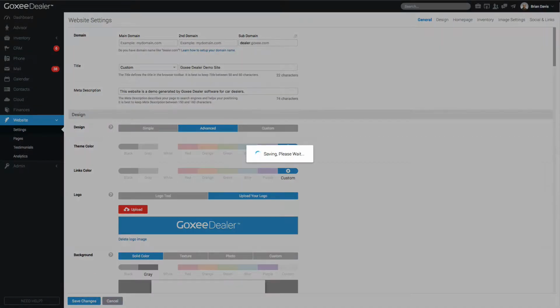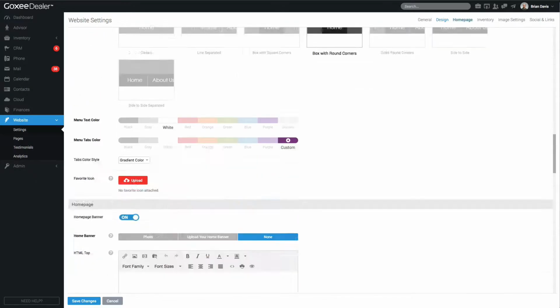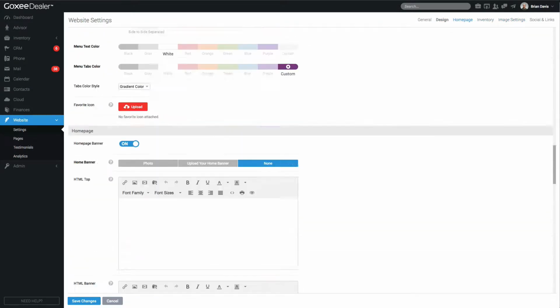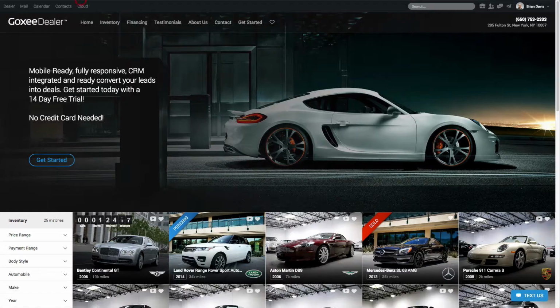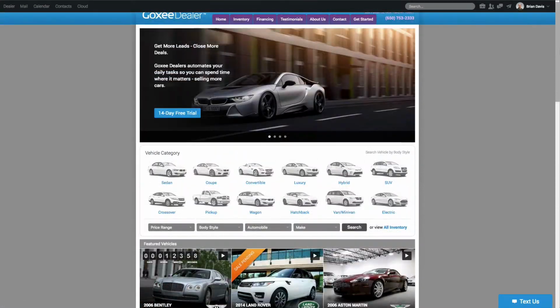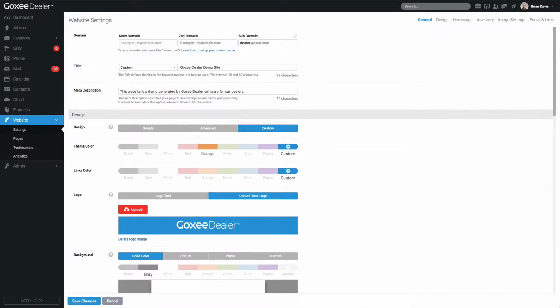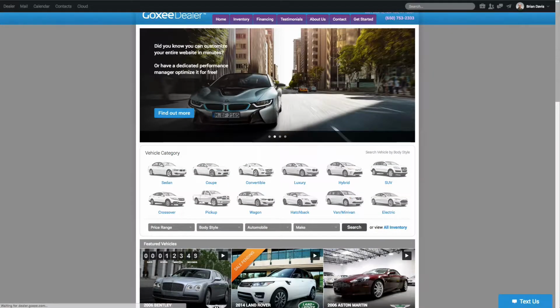We'll save changes. And if I scroll down here, you're going to see that we have a lot of different options for that advanced design, but we're really going to discuss the new custom design we've put together. So let's just refresh this so you see what an advanced design looks like of the last version of the sites. There you go. Let's go back into the custom, update our changes, go back in here, click on refresh,